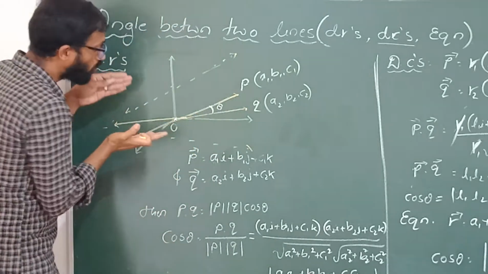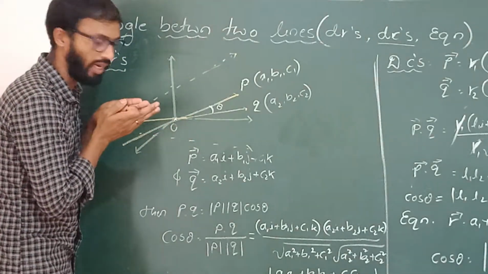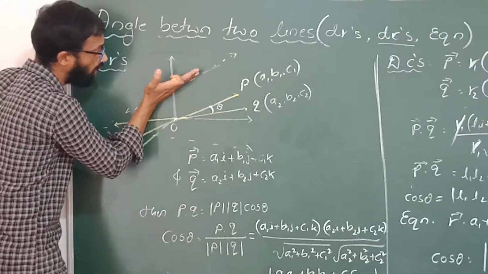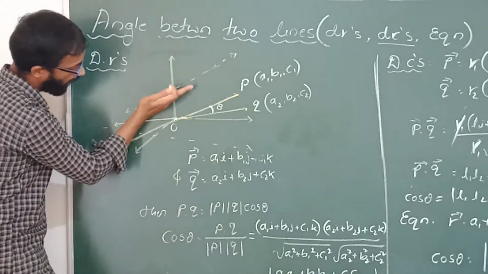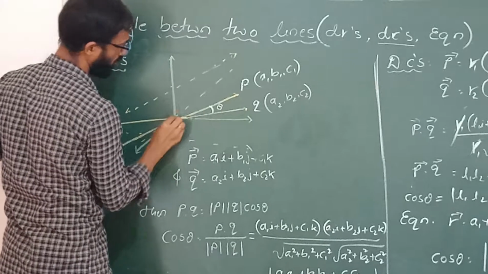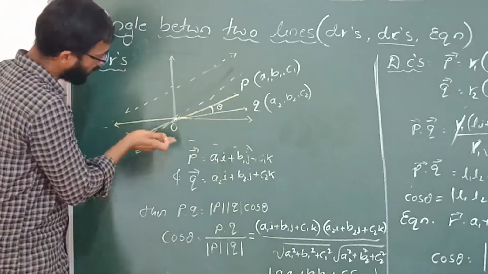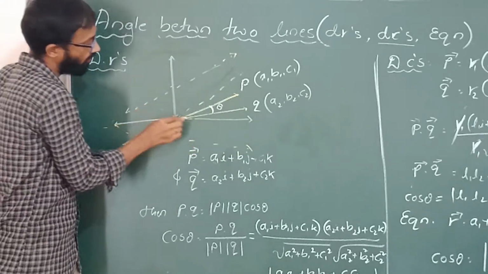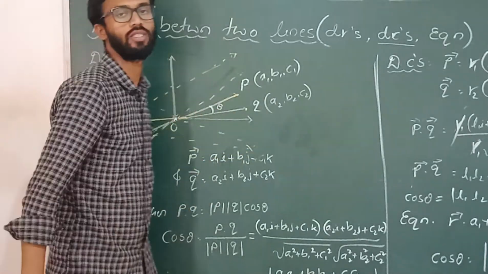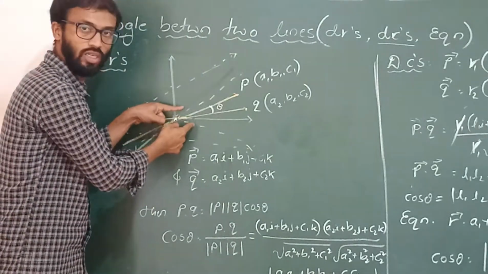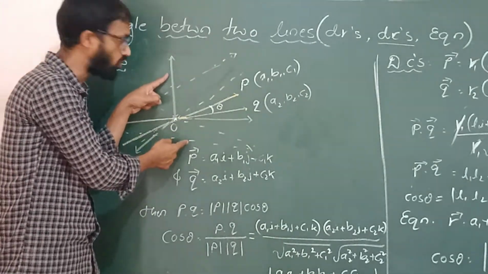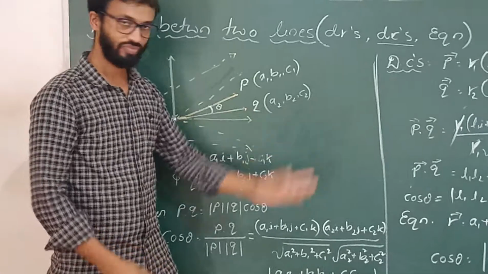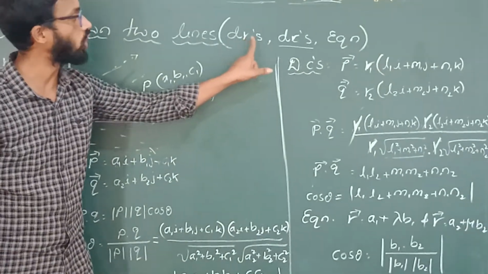So when the given vectors are not passing through the origin, please keep in mind to draw a vector which is parallel to this one and passing through the origin. I can draw it like this. Similarly, I need to draw one more line which is parallel to this one and passing through the origin. Then you will get the angle between these two lines when they pass through the origin. So the angle between these two lines will be the same as the angle between these two vectors. Even if they are not passing through the origin, you will be able to find the angle between the two given vectors. Okay, so now we have discussed the angle between two lines when the direction ratios are given